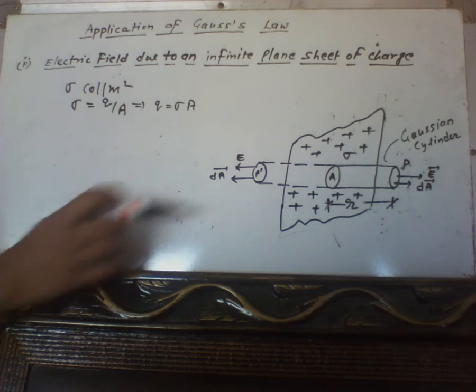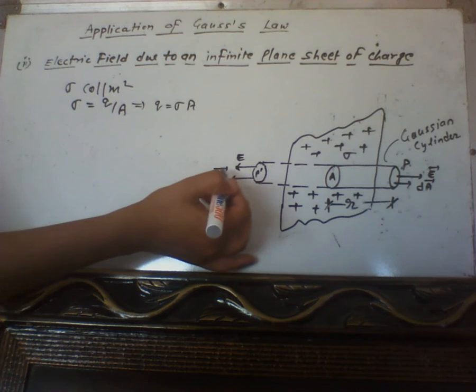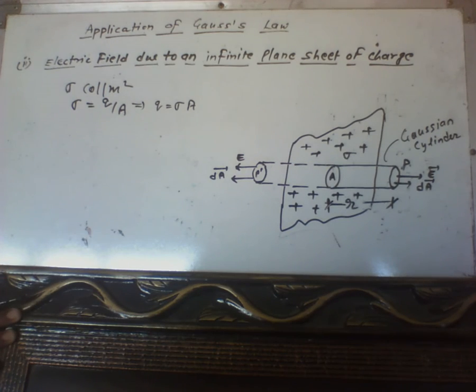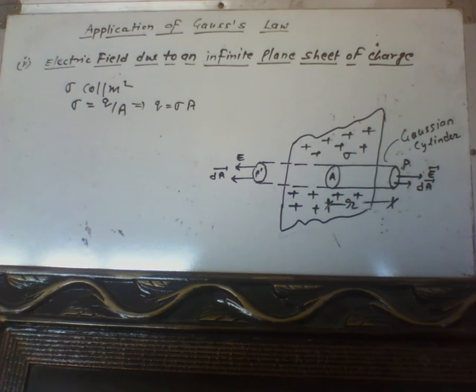Let A be the area of this plane end. Now the intensity at all points of the sheet will be perpendicular to the sheet and directed outwards. Means the direction of electric field intensity will be outward. And the magnitude of intensity will be same at P and P dash. Therefore, the total flux through the two plane ends will be